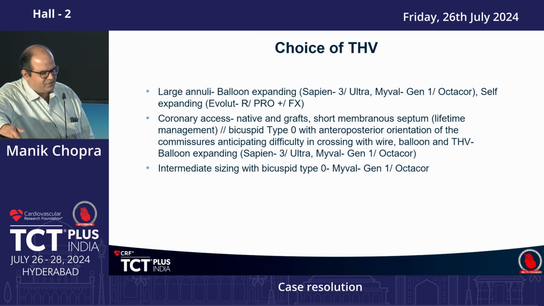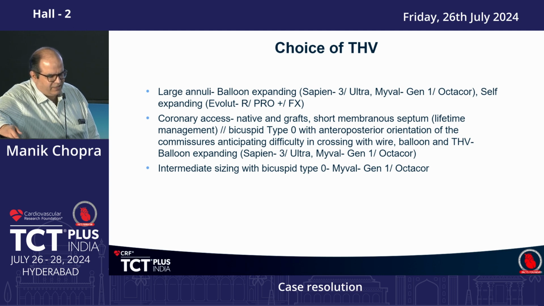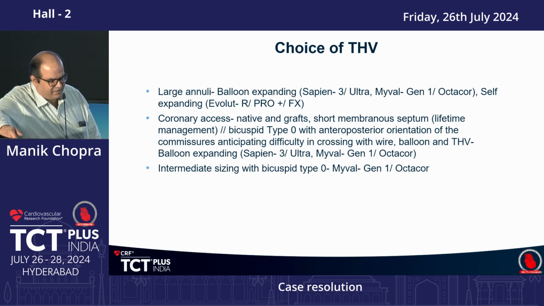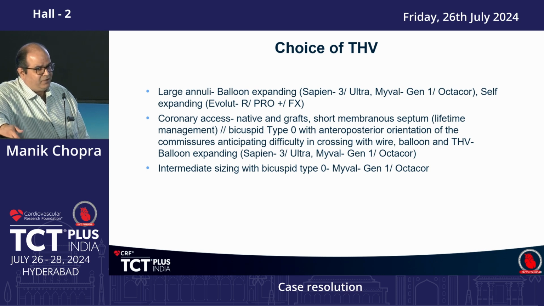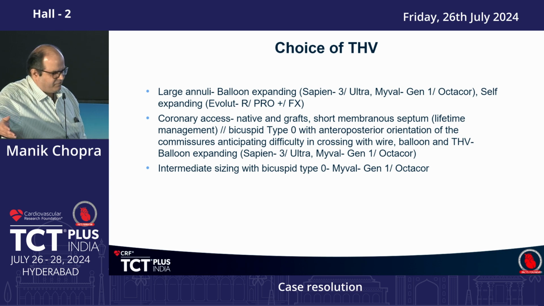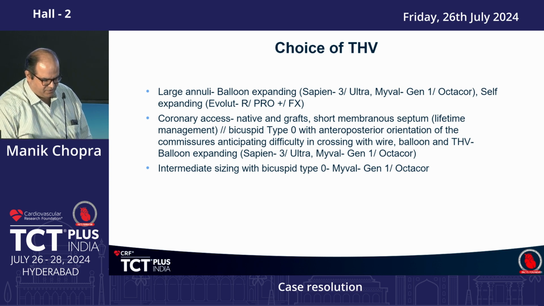Of course, the rest of all the points are soft, but regarding coronary access later on, regarding the short membranous septum, regarding probably type 0 with anteroposterior orientation, in which I think it is going to be a difficult crossing with wire, balloon, and THV, I would slightly lean more towards a balloon expandable valve. And since it is bicuspid, I don't really want to oversize it too much. Then I would respect the anatomy more, and probably I would go with the intermediate sizing of my valve, because it gives me the freedom to use a 27.5, also probably fine tune it to 28 or maybe 27 itself if it is not working, and maybe leave a few cc's inside